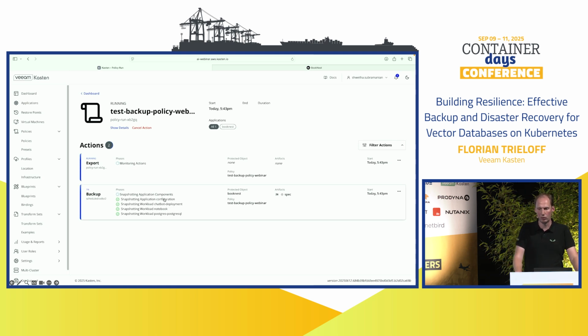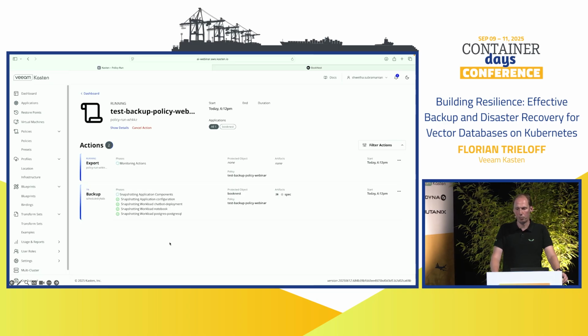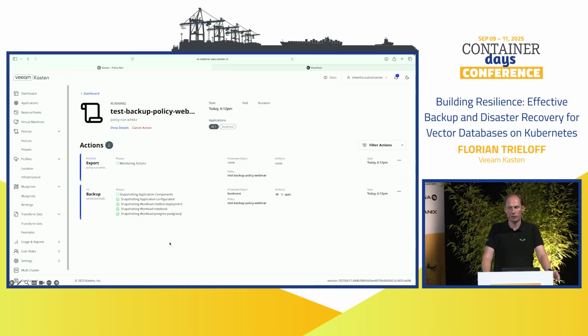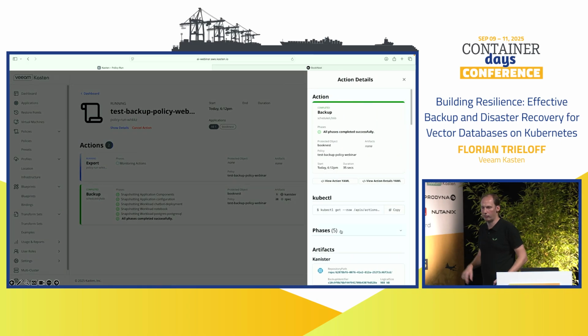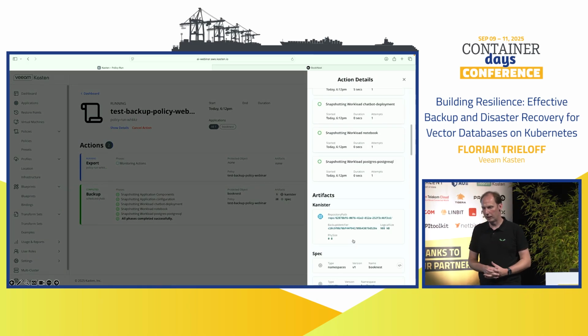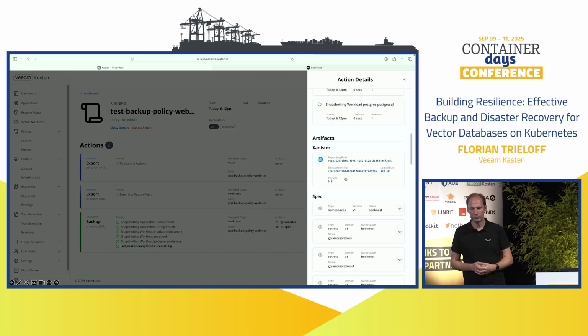So in the background now, a pod will start, a Kanister job pod, and this pod will connect to the database, first of all getting all the information, get all the data, and now we'll execute everything, and we can see it. Yeah, we have our Kanister action here. So it created the export of the database.